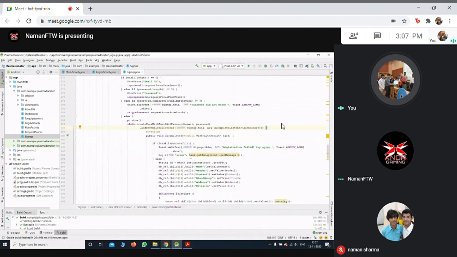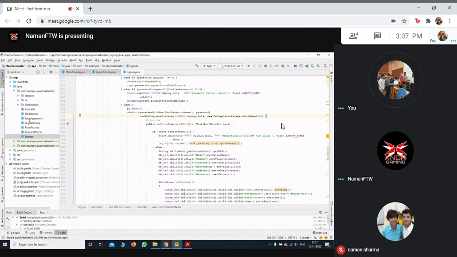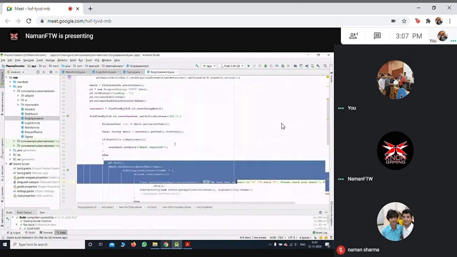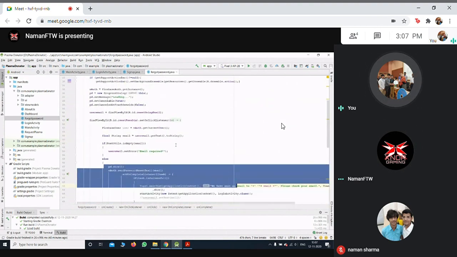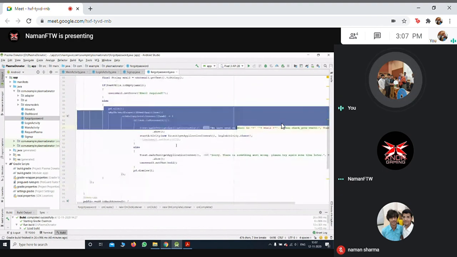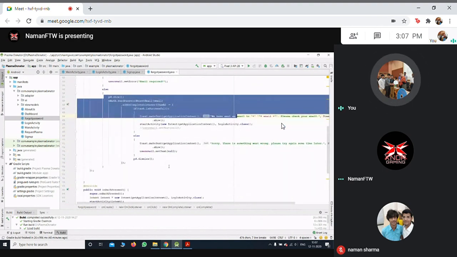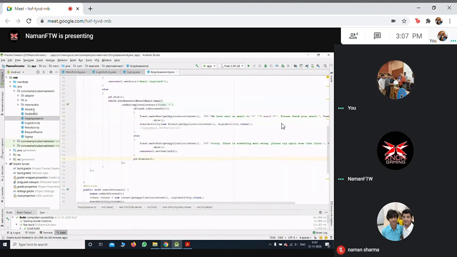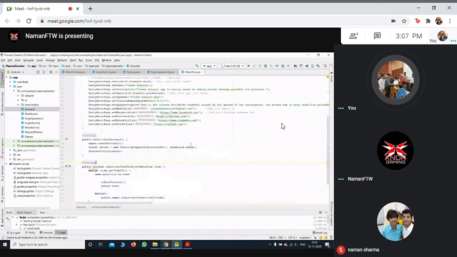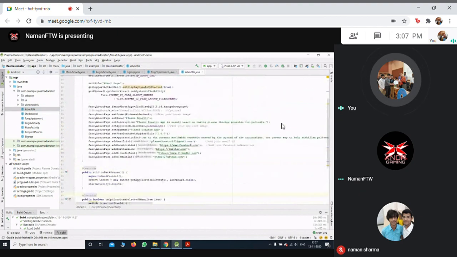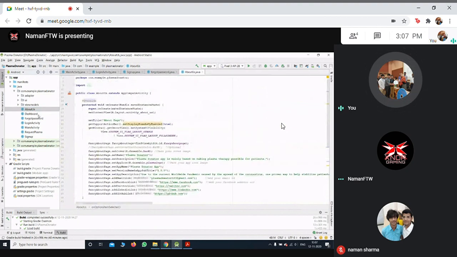This is the object that is created. Then we have the forgot password activity where, in case the user has forgotten their password, they can enter the email and an email is sent to the user where they can update the password. Then we have the about us page where it displays the information about the application, some of the links and the logo for the application as well.